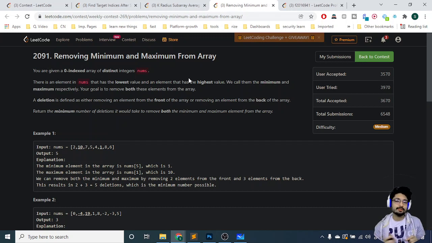You can keep on popping elements from the start or the end, and you have to remove the minimum number of elements possible, such that you remove both the maximum and minimum number from this array. So you first have to find out the maximum and minimum number from this array. As you can see from the first example, the maximum is 10 and the minimum is 1. Now you can remove elements from the start or the end, anywhere possible, and you have to remove the minimum number of elements such that the maximum and minimum number will be popped out from this array.